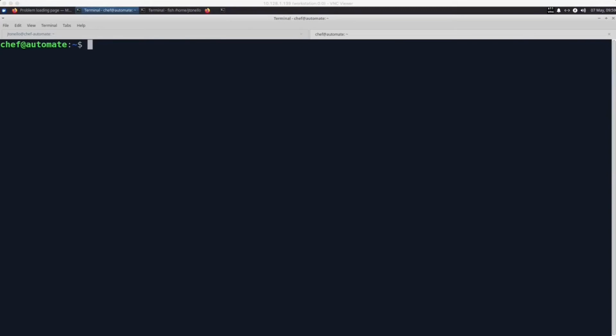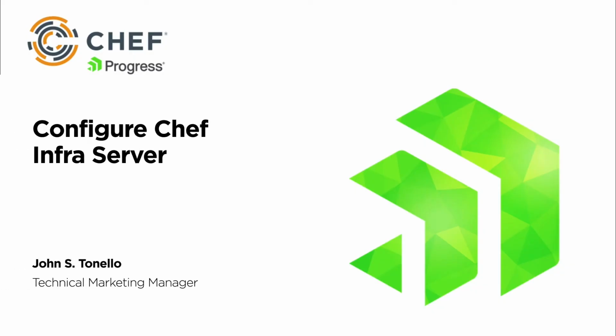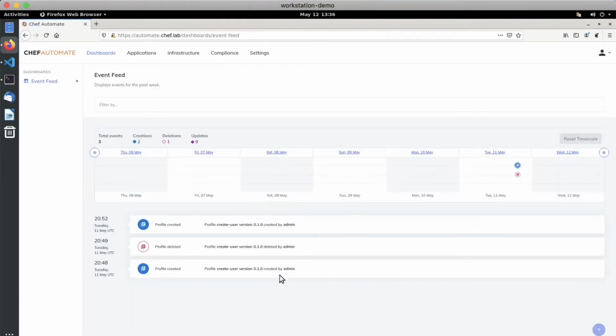When I did the Automate installation, it created an automate-credentials.toml file in my home directory. This contains the URL and credentials for logging into the Chef Automate dashboard. I use the admin password combination to log into the dashboard, navigate to the Infrastructure tab, and click on the